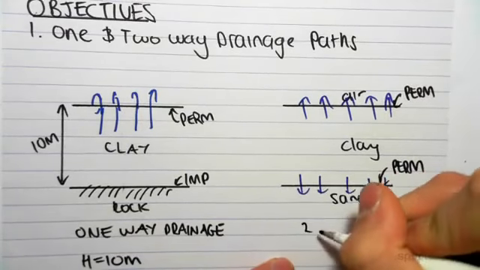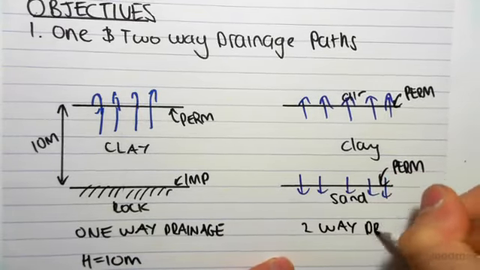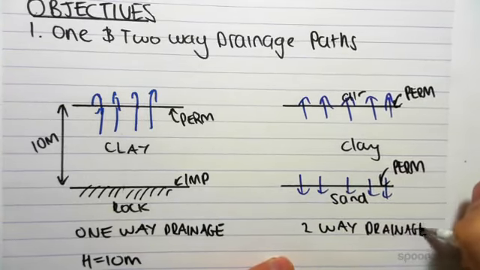So we call this two-way drainage because the excess pore water pressures can be drained through the top